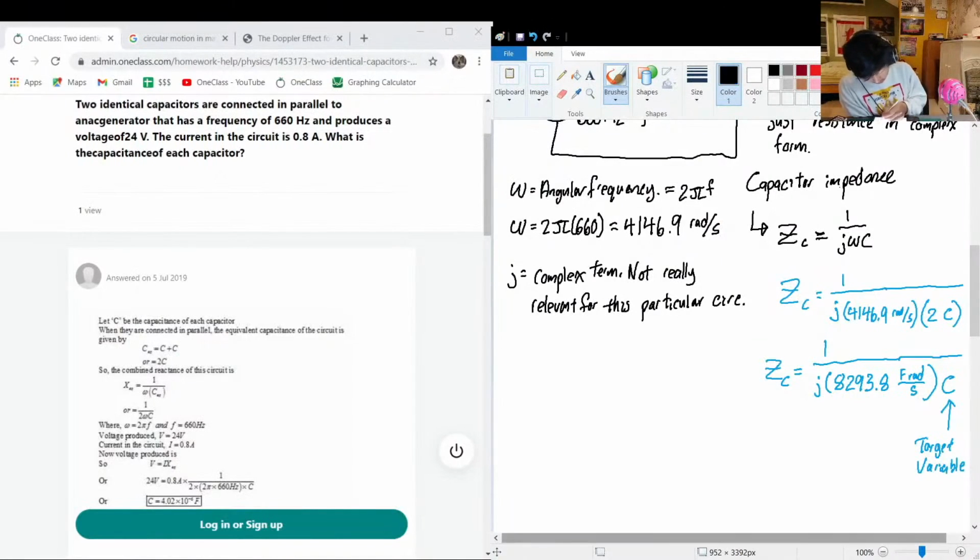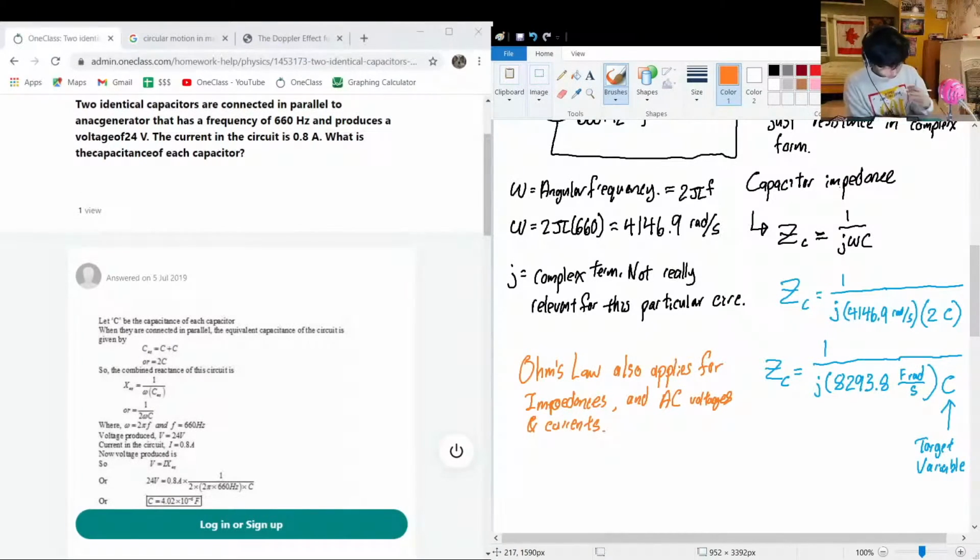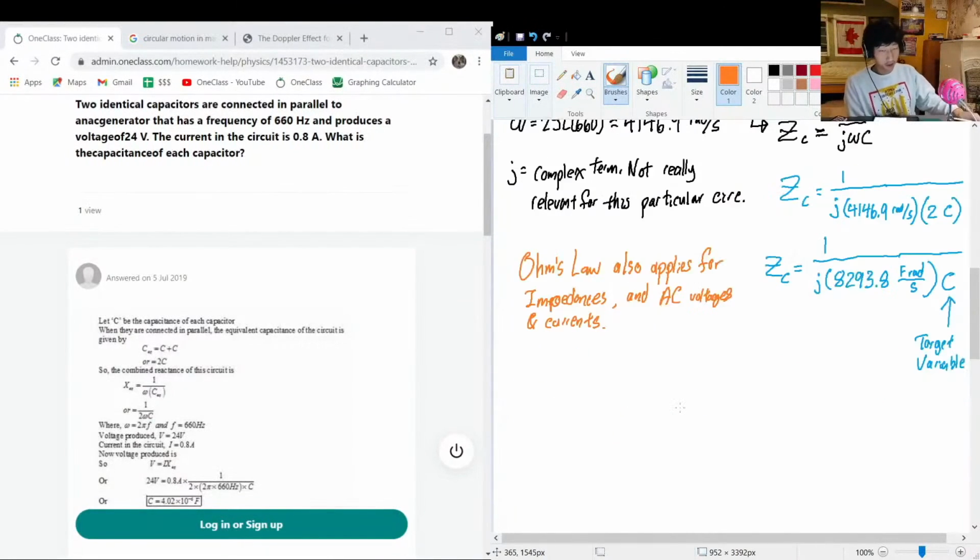Now we know from Ohm's law, I'll put this in orange. Does that appear well? Yeah, okay. Ohm's law also applies for impedance and AC voltages and currents. But we'll need to find the magnitude of them. All right, so the magnitude of this,